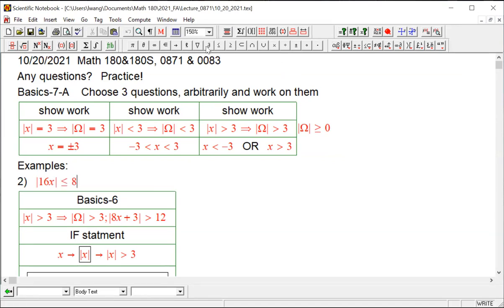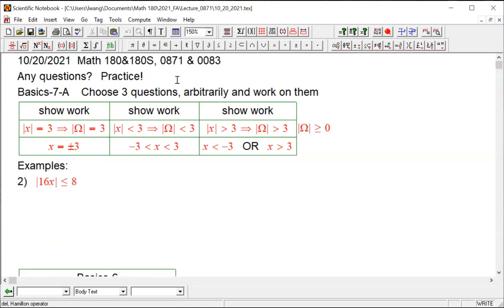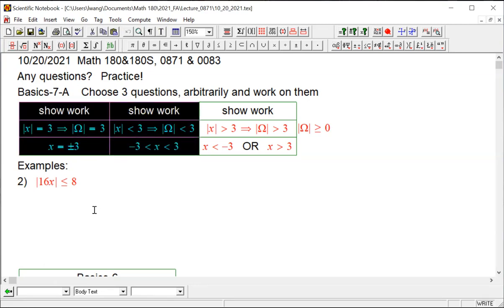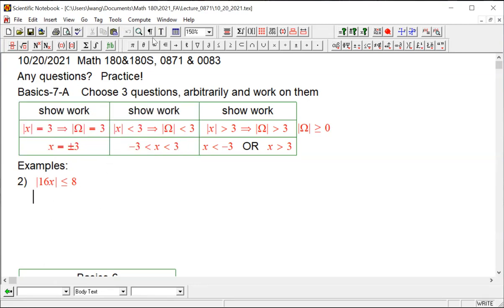Right? So one way you can do this, because this will be these two combined, you're going to get -8 less than or equal to 16x less than or equal to 8, and divide every side by 16, you're going to have a -1/2